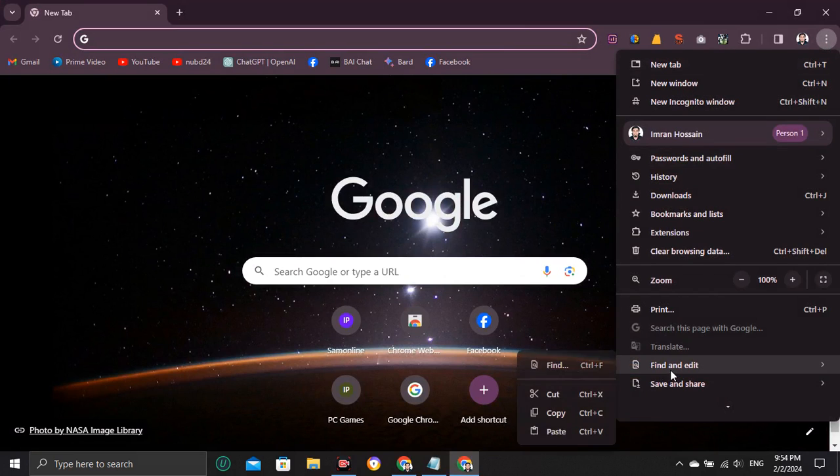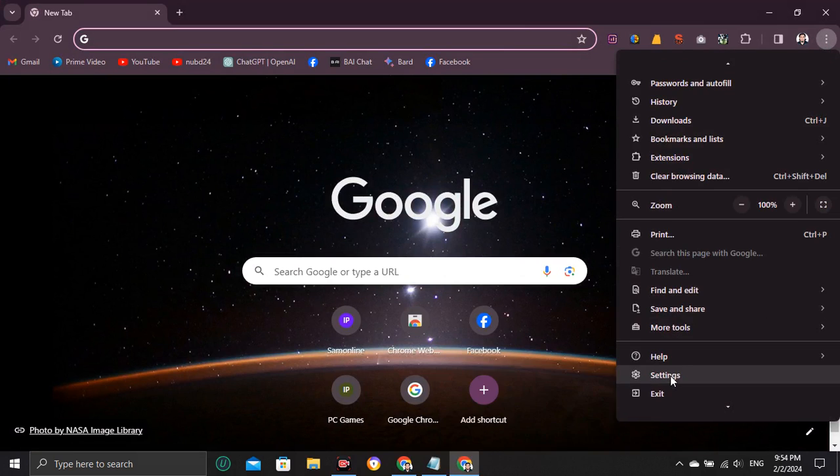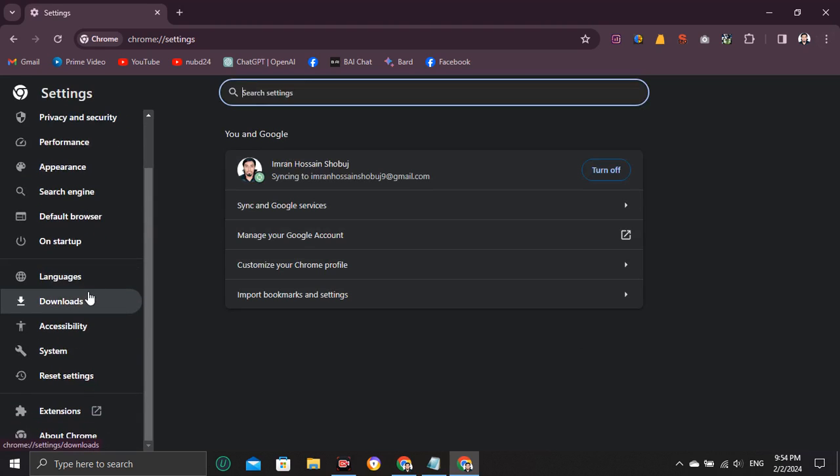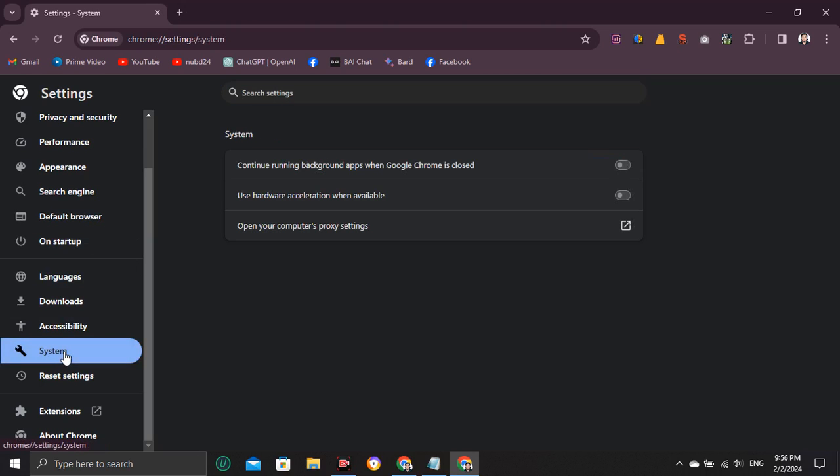Go to settings, go to advanced settings. If you don't find advanced here, just you should click on this system, go to system and then open computer proxy, this one. Open your computer's proxy